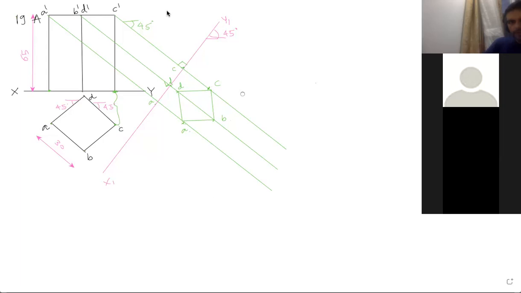Now we need to follow the same procedure down also. Here also we'll take 45 degree. Again, XY to C, whatever distance you have, this again will mark C. And you can mark here. Or you can draw parallel line from here. If you keep your 45 degree set square, you can draw line from C. Wherever it cuts, that is C. Then again you draw line from BD and A, right?